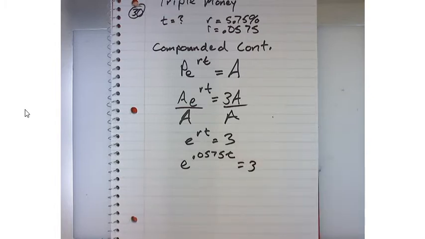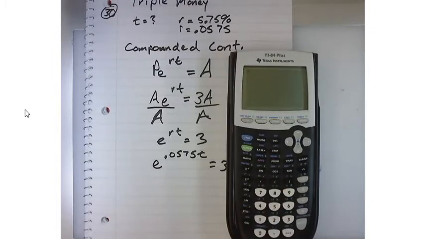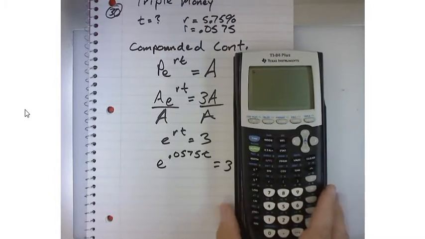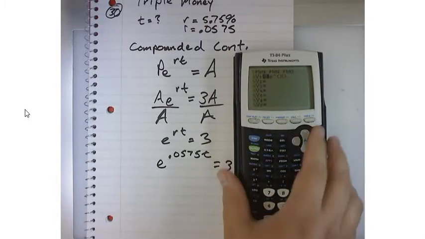Now we could solve that algebraically by using the natural log, but our textbook wants us just to solve it graphically. So if we were to solve it graphically, I'm just going to graph the left side of the equal sign as a function. So here I would clear this out,